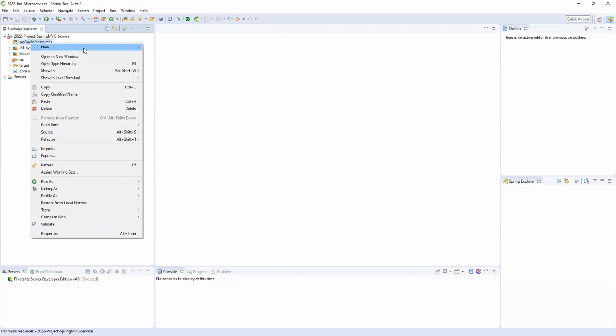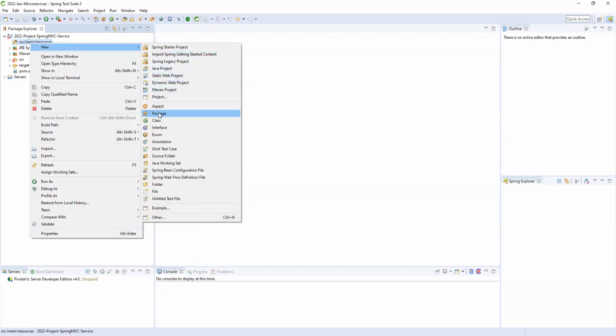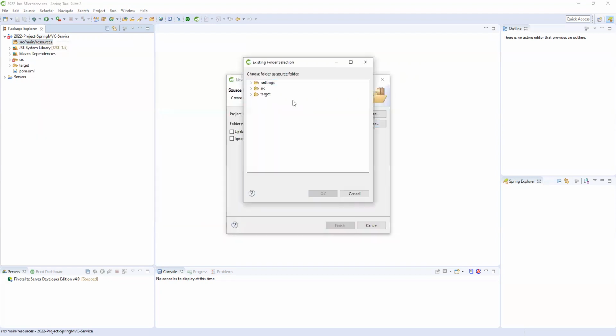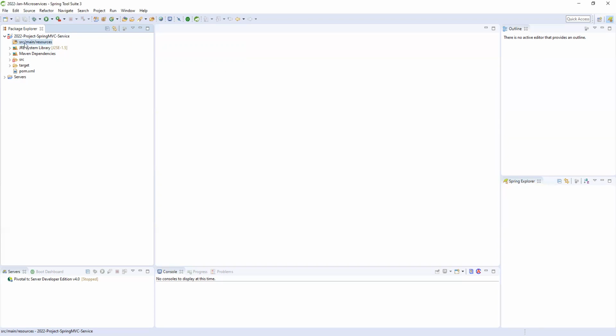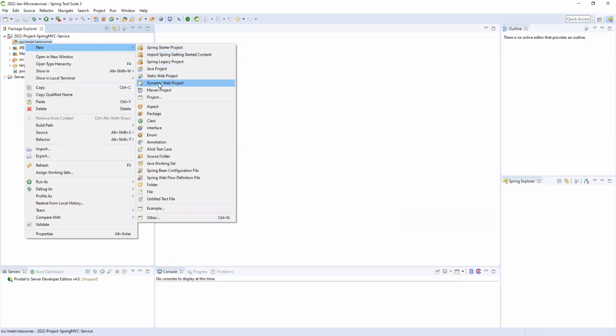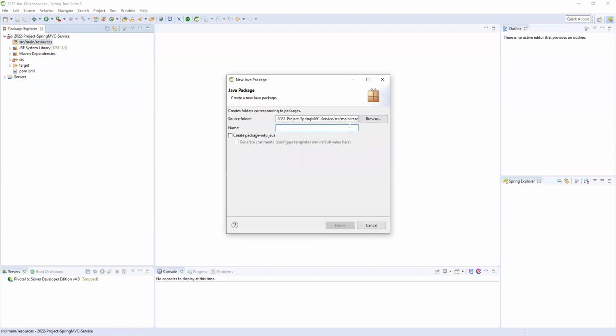Let me add a package or source folder. Where is the source folder? In src main you can create a Java folder.